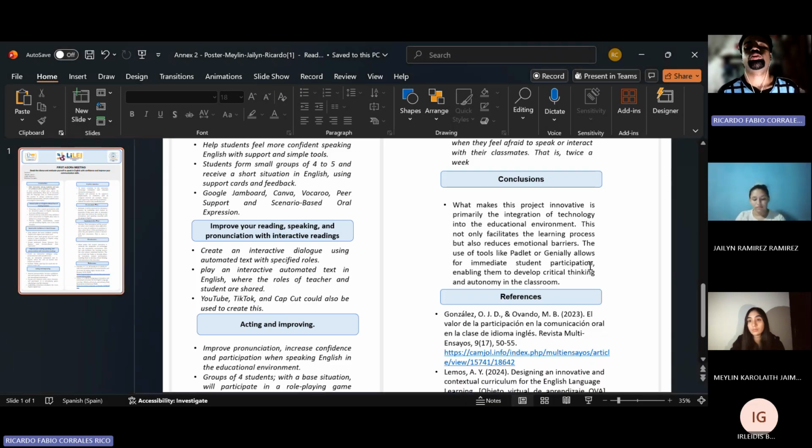the conclusion. Okay, conclusion. What makes this project innovative is primarily the integration of technology into the educational environment. This not only facilitates the learning process, but also reduces emotional barriers. The use of tools like Padlet allows for immediate student participation, enabling them to develop critical thinking and